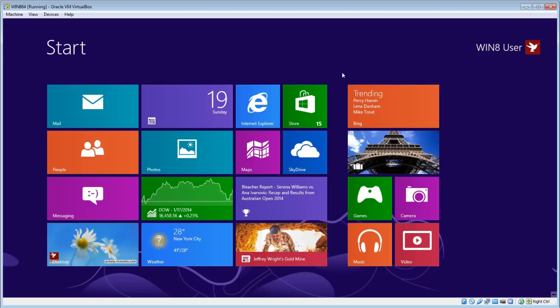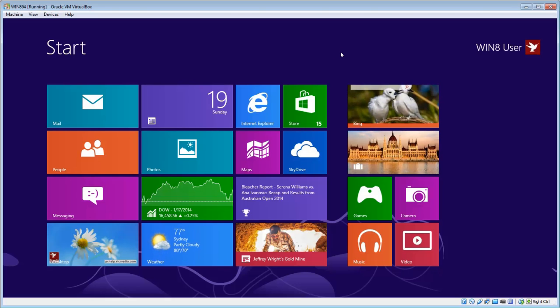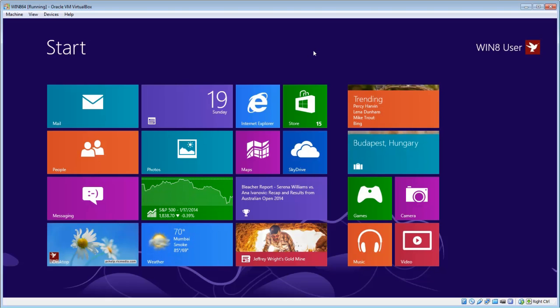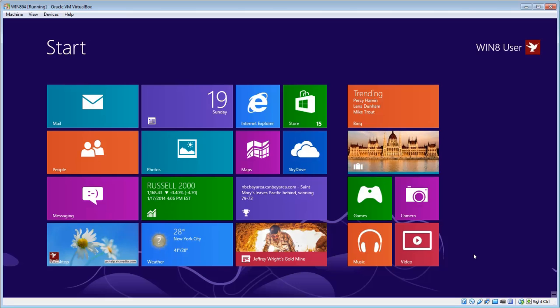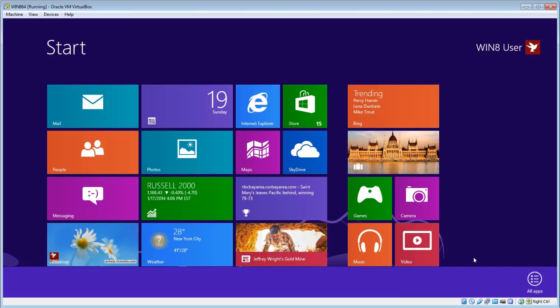Hi guys, today I want to take you through how to enable or disable JavaScript in Internet Explorer on Windows 8. Now we're using the Metro interface here, so I'll take you through how to get to Control Panel from this point. If you're on a desktop computer, just right click your mouse on the start page and the All